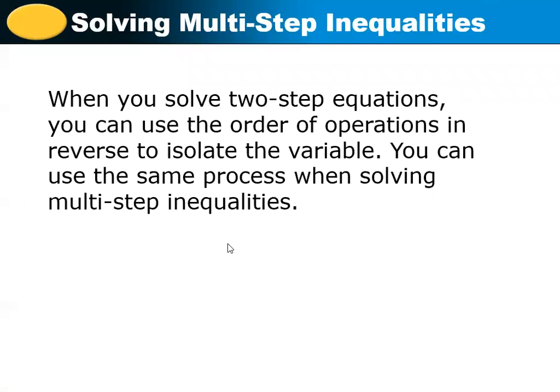When you solve a two-step equation, you can use the order of operations in reverse to isolate the variable. You can use the same process when solving multi-step inequalities. For multi-step equations and multi-step inequalities, we can use the same method to solve, but the difference is that in an equation we have only the equal sign, which makes the two sides the same, but in an inequality